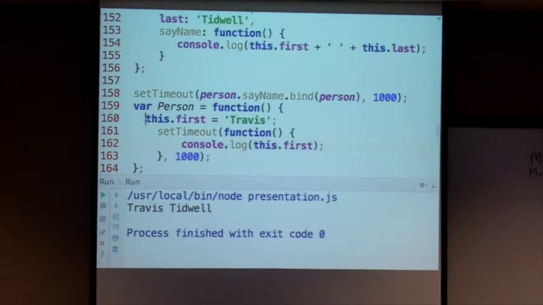So anytime you see something that looks like that, that's trouble. And it doesn't have to be set timeout. This can be an HTTP request. This could be anything you pass a callback to. I want you guys to know that this pointer is not what you're going to think it's going to be